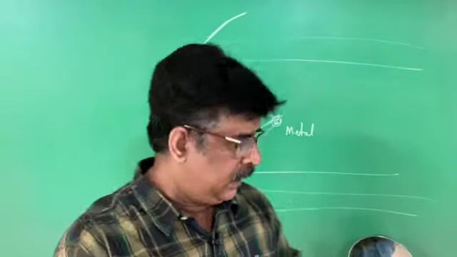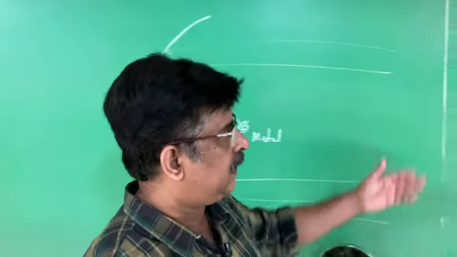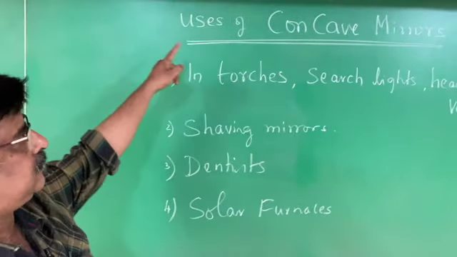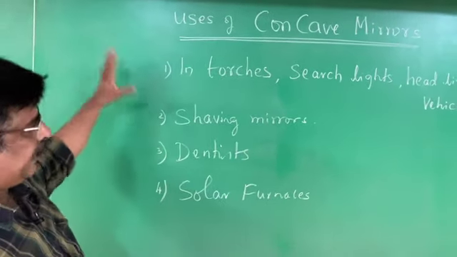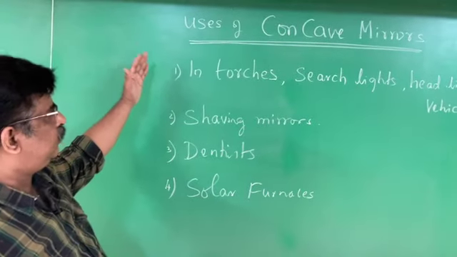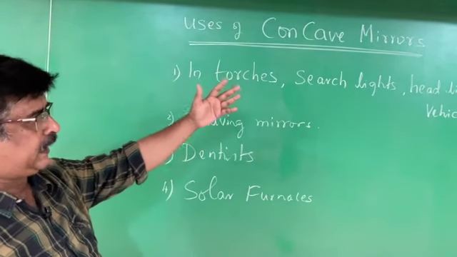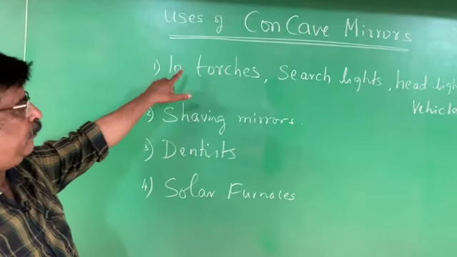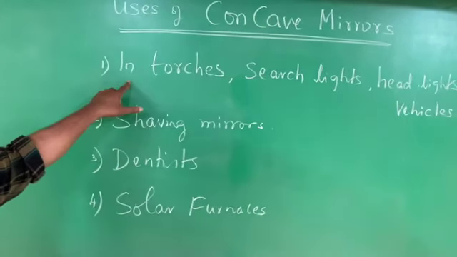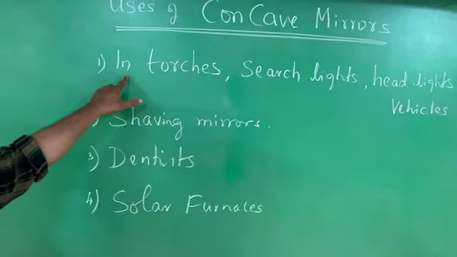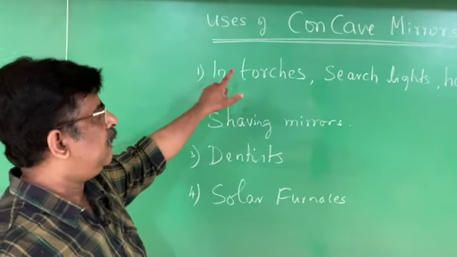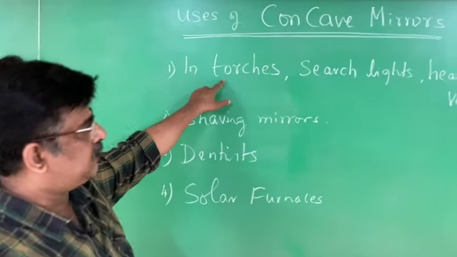Now as far as your reference notes are concerned, I have written the uses of concave mirror here. You have to write this. Concave mirror is used in torches, searchlights and headlights of vehicles. Here you have to understand where we have to keep the bulb to get the parallel beam of light. The bulb should be placed at the principal focus of the concave mirror which is used in torches, searchlights and